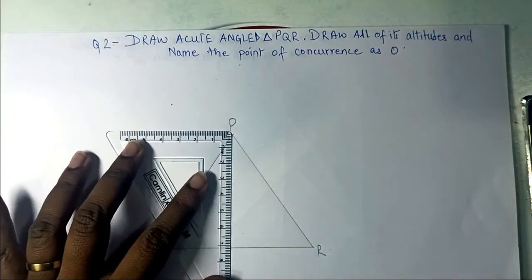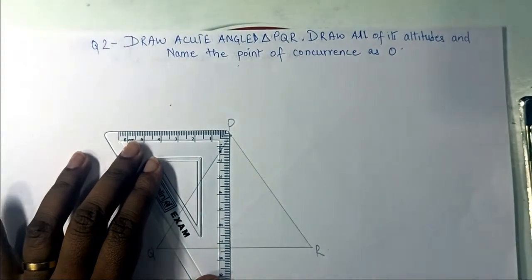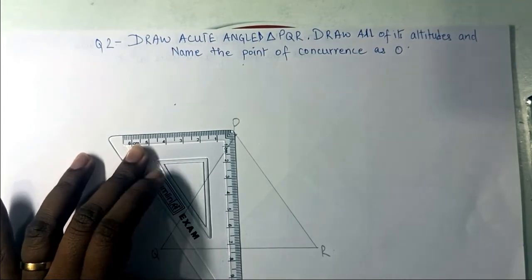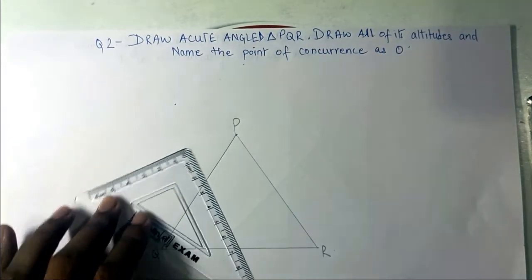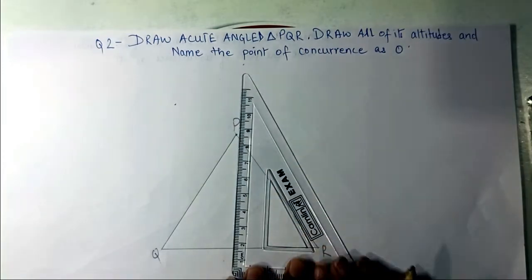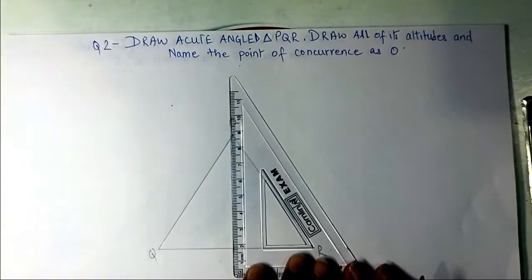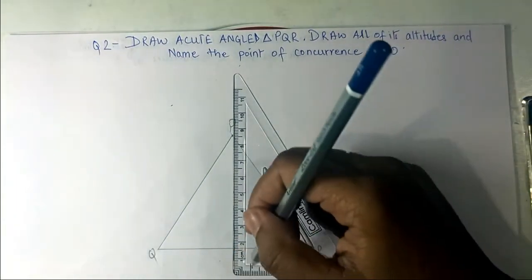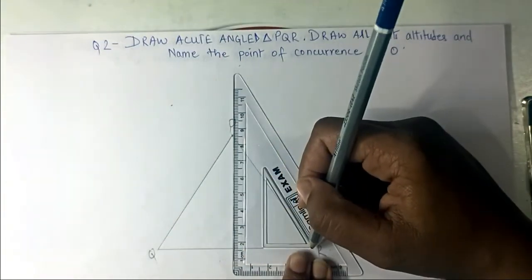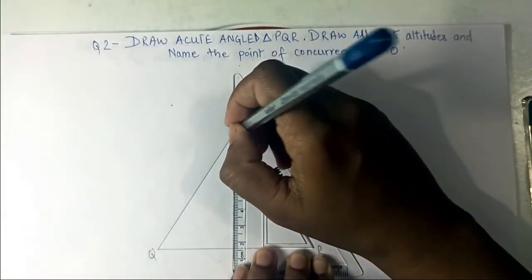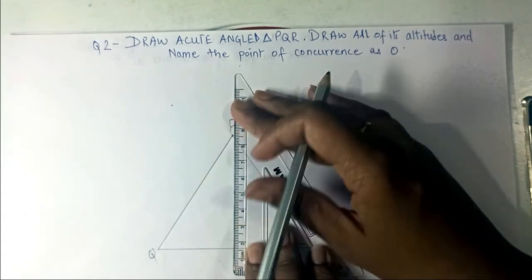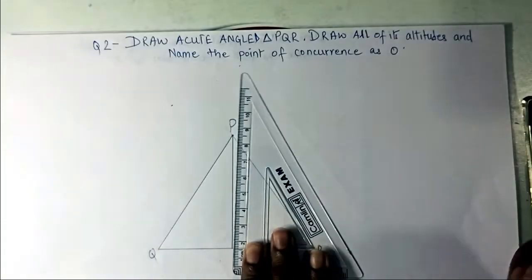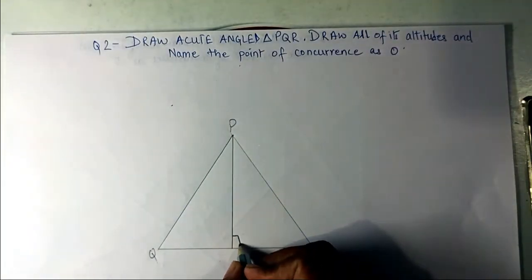Now we will keep this point over here. We will make it as a right angle triangle, or see like this. This is how it will become a right angle triangle, correct? This side on your PQR and the vertex P. So now let us draw a perpendicular. This is your perpendicular